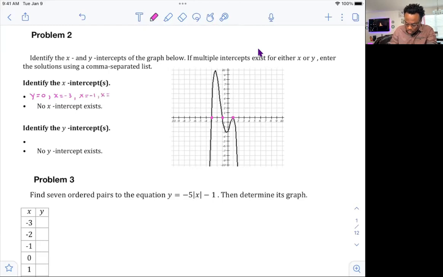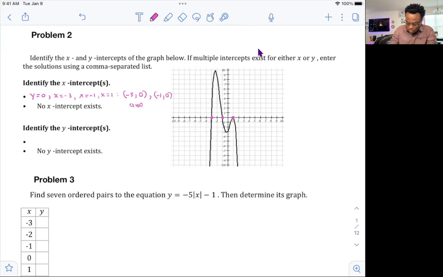So we will have 3 x-intercepts, x equals -3, y equals 0, x equals -1, y equals 0, and